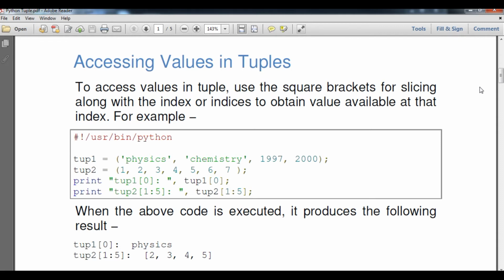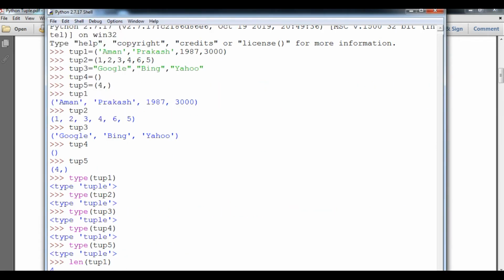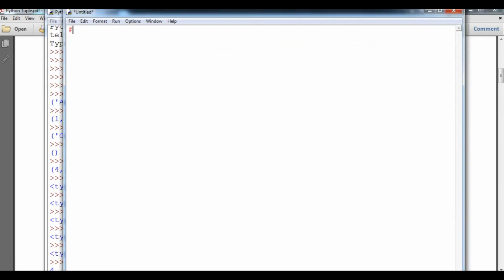So now we are going to see how to access the elements of a tuple. I'm going to create a new file for a program for tuple in Python. Here I am going to create a tuple, tup1.